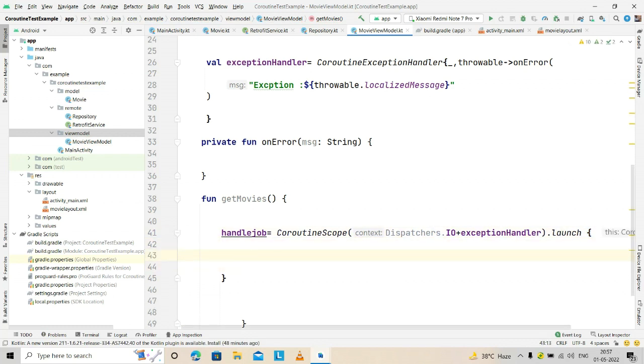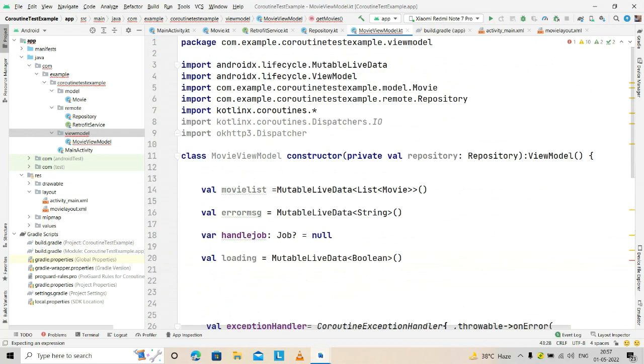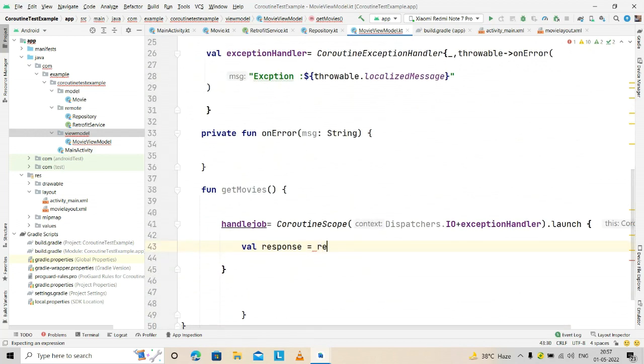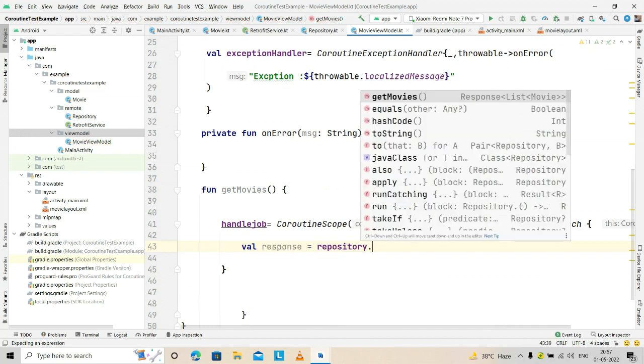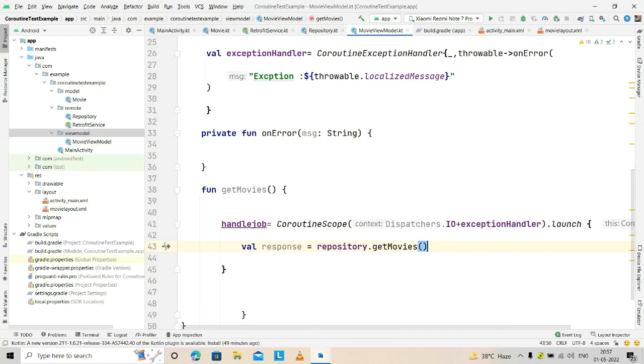And here, what to do inside once you launch it, handler, you can use responses. So you can use val response, and that response you need as what we pass here, repository. So this is your repository.getMovies. Okay, so by that we can fetch all our data,